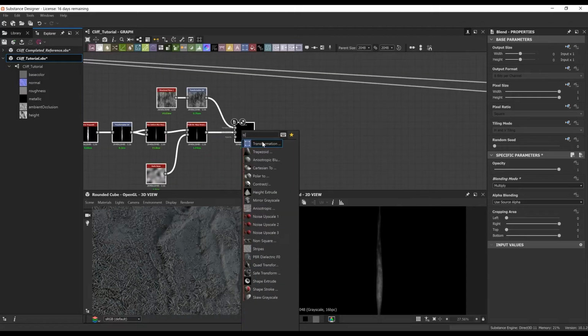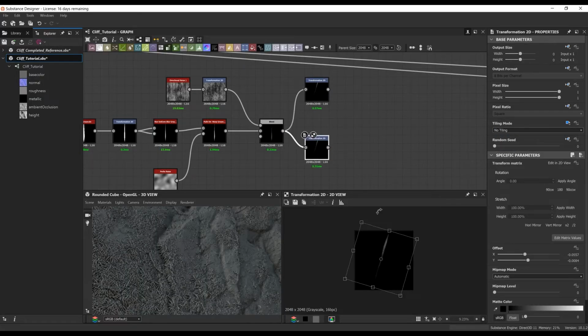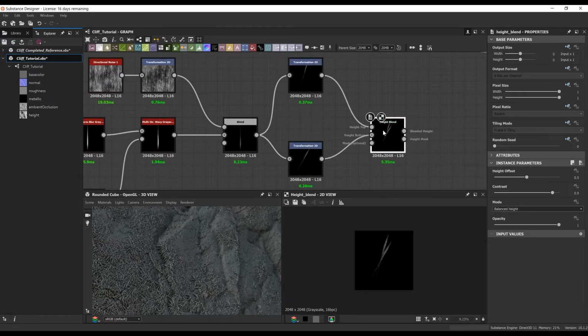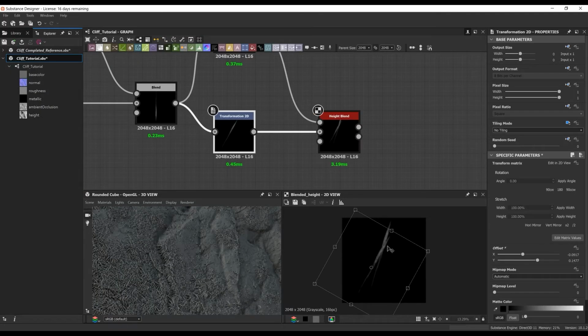Here I'm just doing 2 transforms to rotate them into place, because what I'm going to do is use a height blend to stack them on top of each other so it looks like this kind of piece that you would see falling off a tree, when 2 pieces of those little pine needles are on top of each other. I just want to get some sort of variation like that.